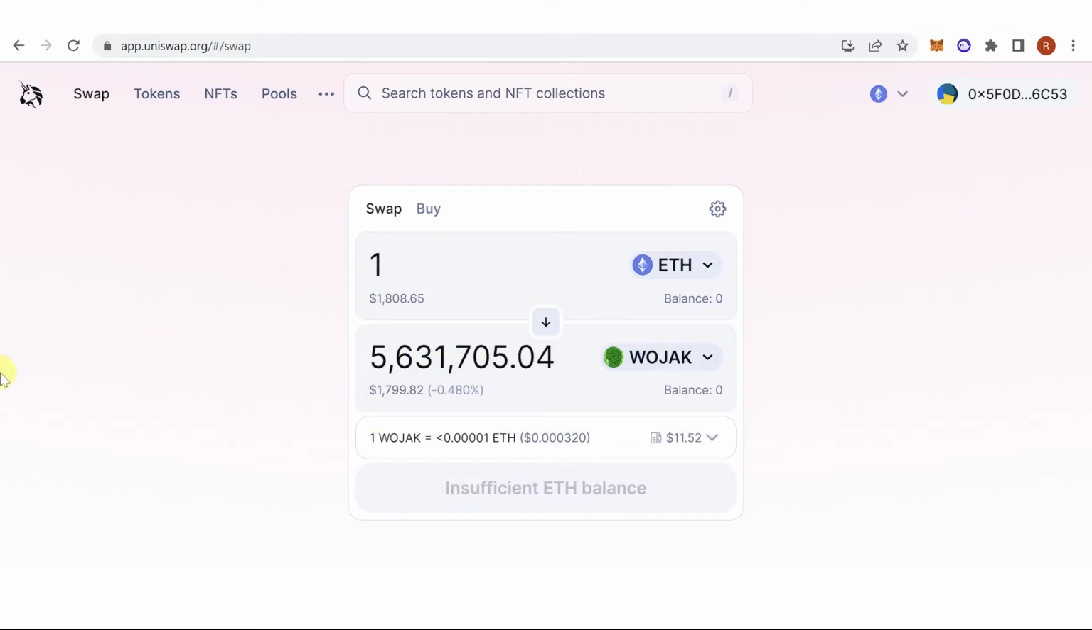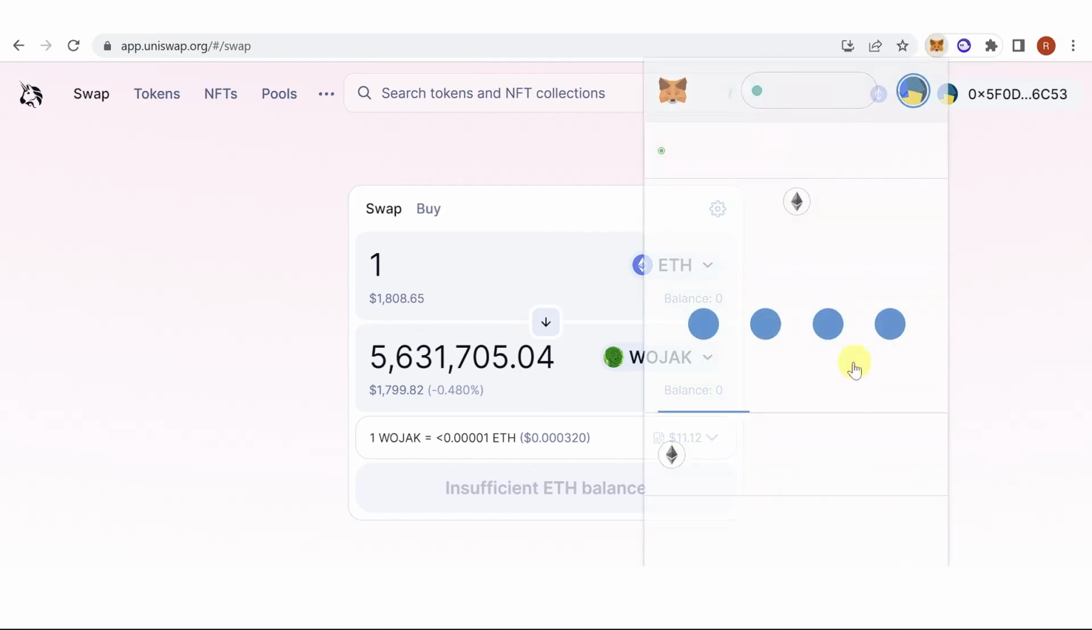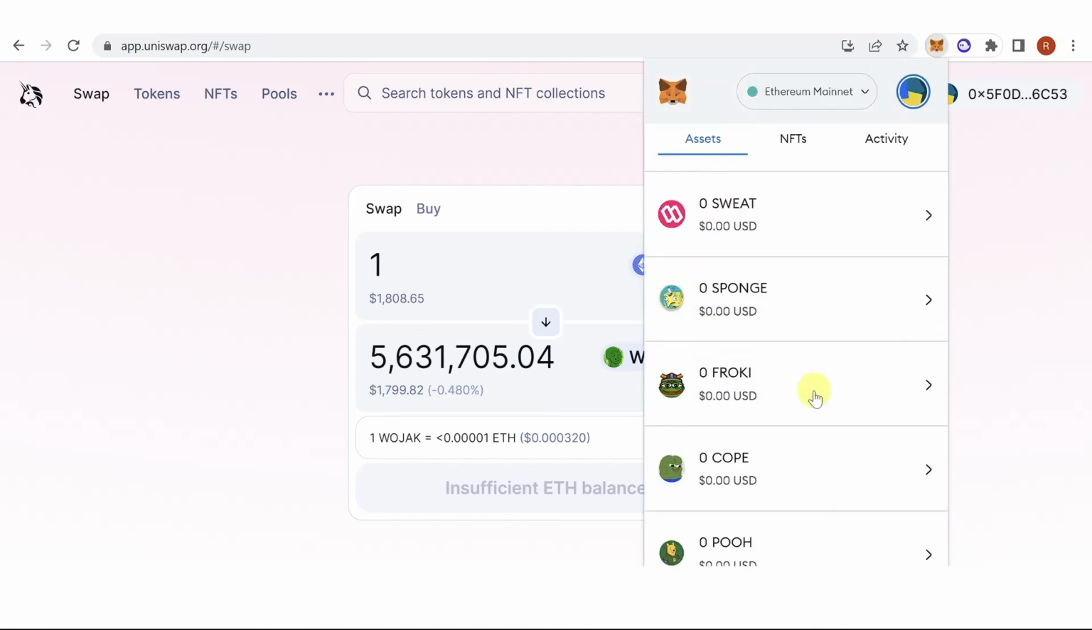Once you have typed down the amount of Ethereum you want to swap, click here and a confirmation from MetaMask will pop up. Make sure that you leave enough Ethereum in your MetaMask wallet to pay for the gas fee. And once you have paid for the gas fee, wait for the transaction to be completed. And then once the transaction has been completed, go back to your MetaMask wallet and check if you have received the Wojak coin in your